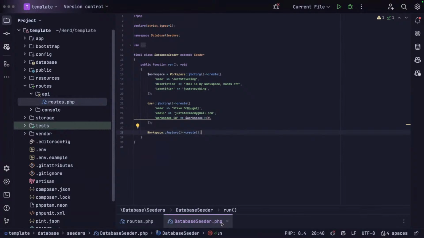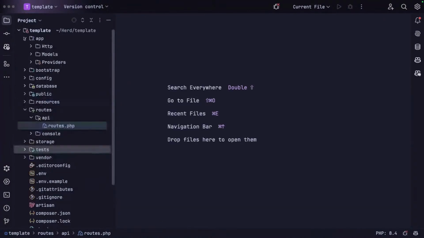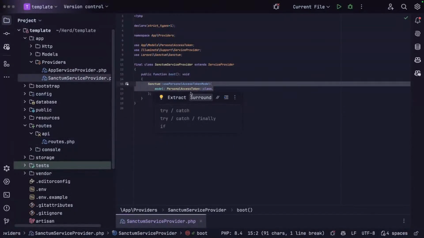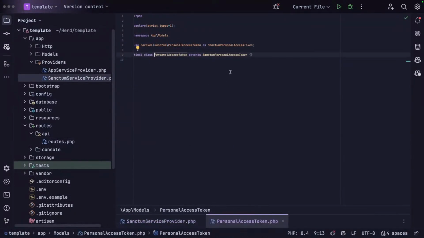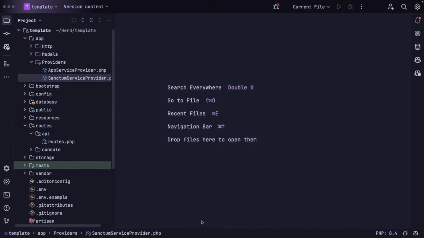It's so much easier to work with. So that is that part. We've got nothing else in here. We've got Laravel Sanctum. We've got a personal access token here, which extends the Sanctum one because I wanted to add my own. It gives me a little bit more control. And what I want to do, okay, so